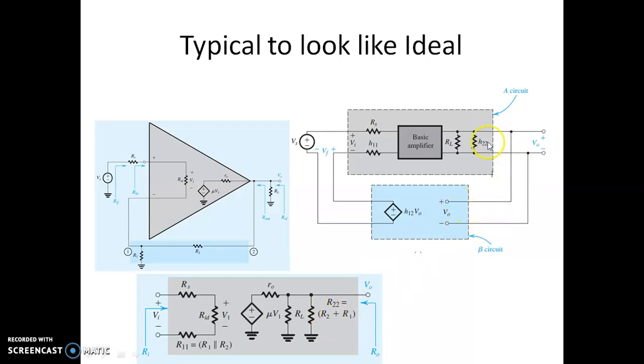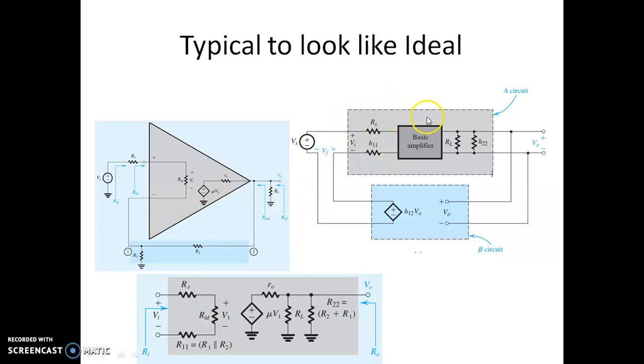You cannot have a conductance over there, so we are representing it as impedance. So R22 is actually 1 over H22. It is now equal to R1 plus R2. And of course you can see this H11, which was over here, has been moved to here, which is actually R1 parallel R2. So this way, this non-ideal typical amplifier is now looking like an ideal amplifier with modifications in the amplifier parameters.